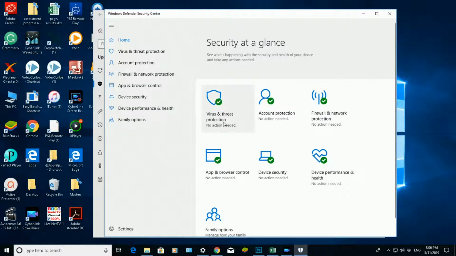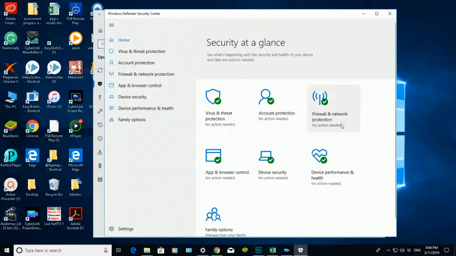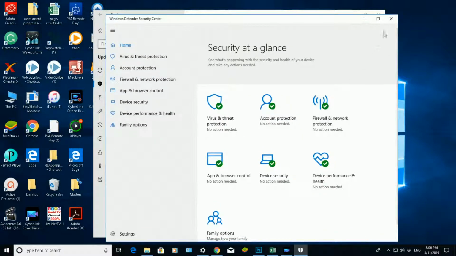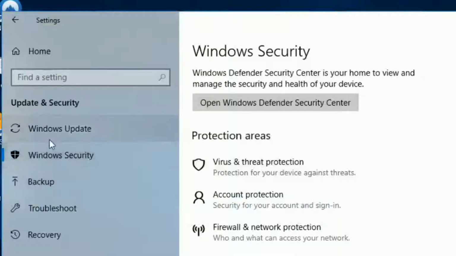As you can see with mine, the virus and the threat protection is up to date. I don't need to do anything there, and for each of them I do not need to do anything there. But if you haven't used your computer for a while, you've been on holiday, you're coming back, this is something which you would need to update to make sure you've got the latest patches and updates to help you scan for the latest viruses. If I close that screen,